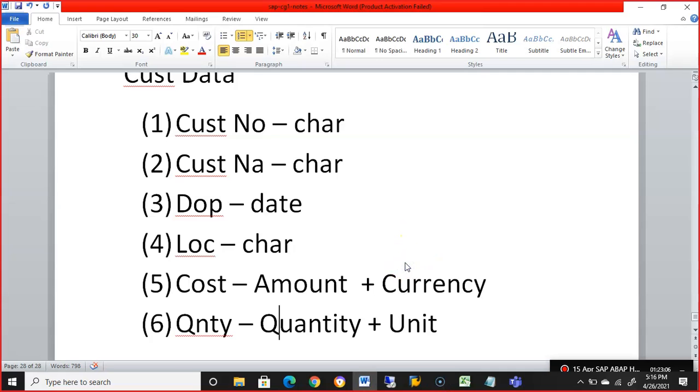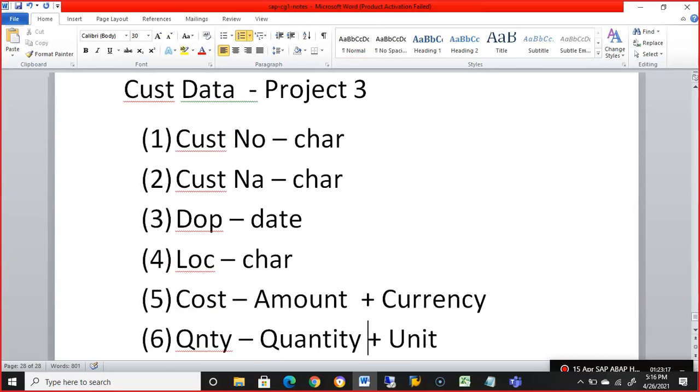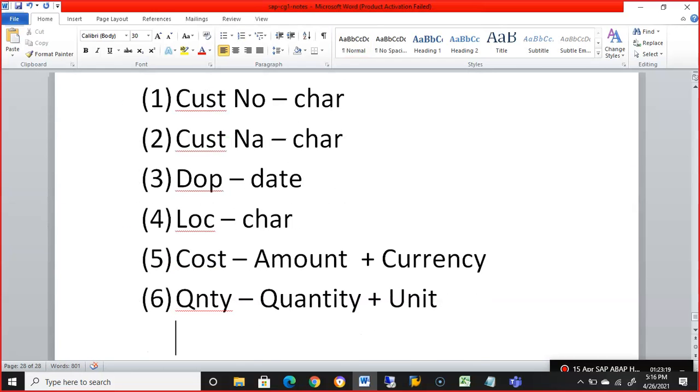So now this happens to be the third project in the data dictionary, project 3, in which we are creating a customer number, customer name, date of purchase, location, cost and quantity. In cost and quantity, we are going to maintain two fields. One field for cost, one field for currency. One field for quantity, one field for unit. So we'll be creating like that, totally 8 fields, 8 domains, 8 data elements, and then we'll be going ahead with the